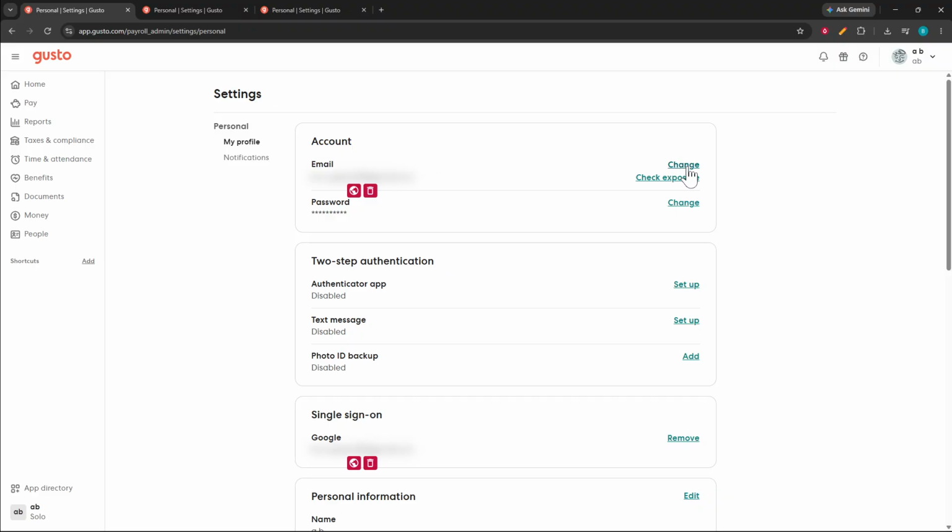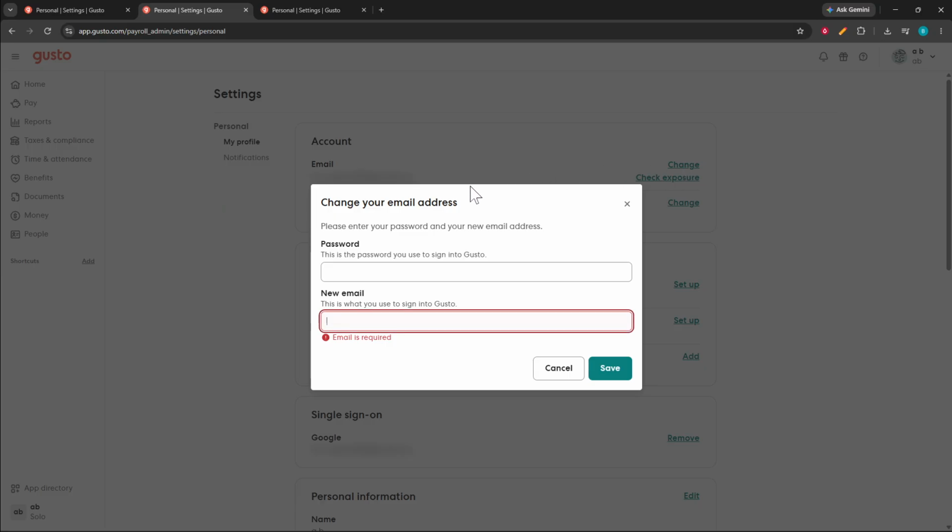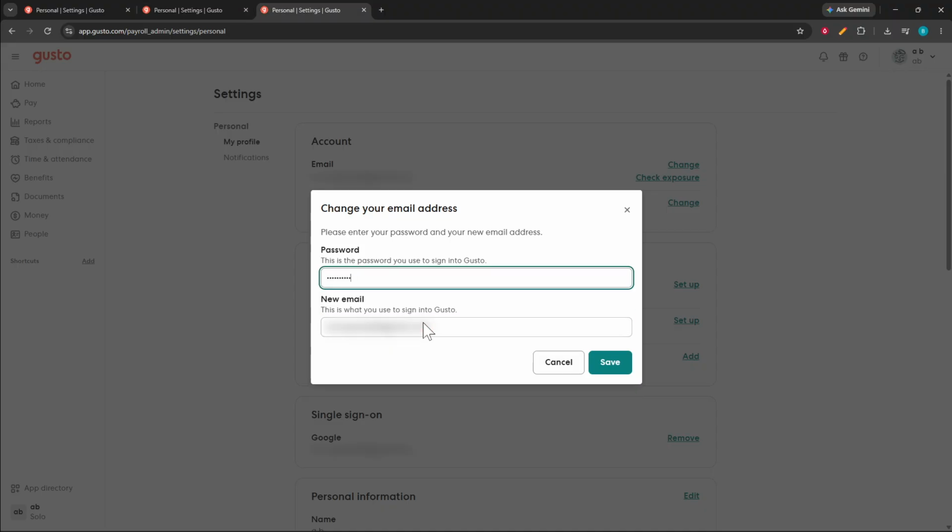A Change Your Email Address window will appear. In this window, Gusto asks you to confirm your identity before making the update. Enter your current Gusto password in the password field. Make sure you use the password for the account you are currently signed into, since this step is used to approve the change. After that, click into the New Email field and enter the email address you want to use